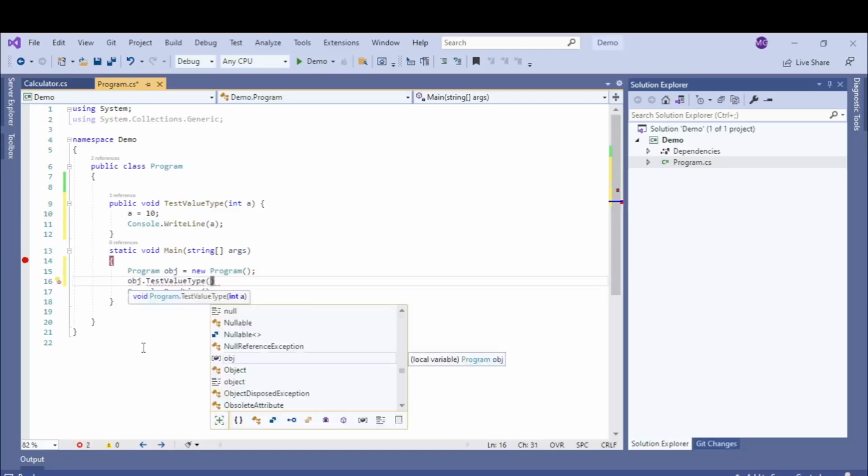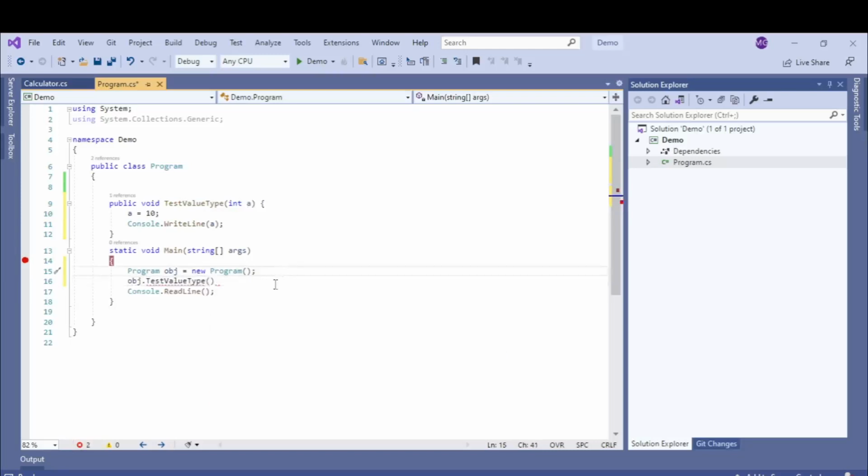Now I want to pass a value type variable, so I need to define that. I'll be doing int i is equal to, and I have to assign some value. Suppose I have assigned 30. Now I'll be passing this i as a parameter to this method.